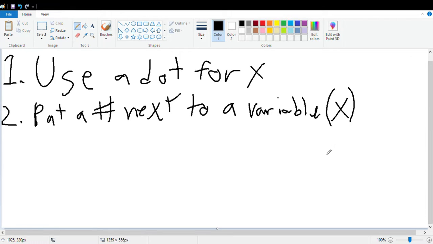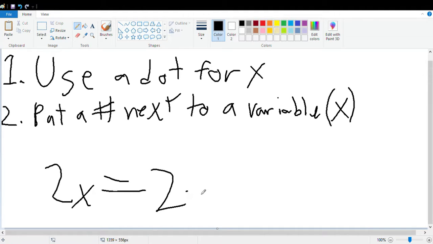So I think that's it for all I wanted to show you. You just want to make sure you're not using an X for the multiplication symbol. You want to make sure you're using a dot instead, so then you don't get mixed up with the variables. And number 2, you always want to put the number next to a variable, and get used to knowing that 2x is the same as saying 2 times x,